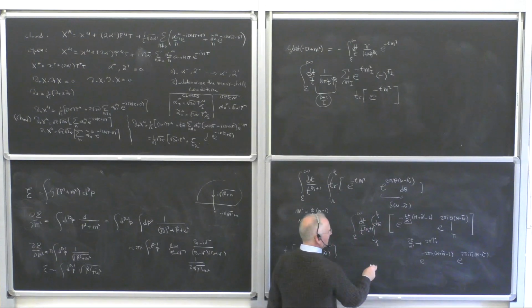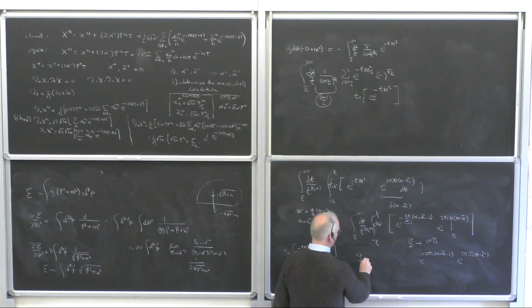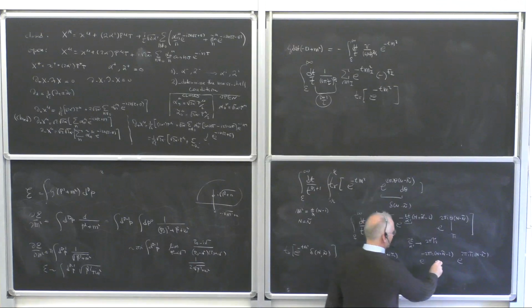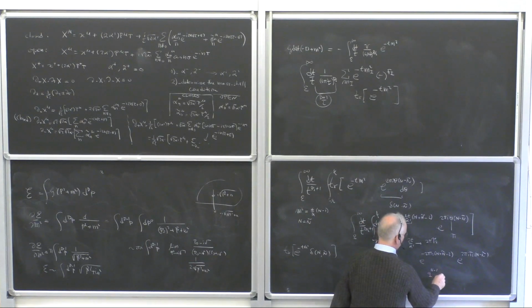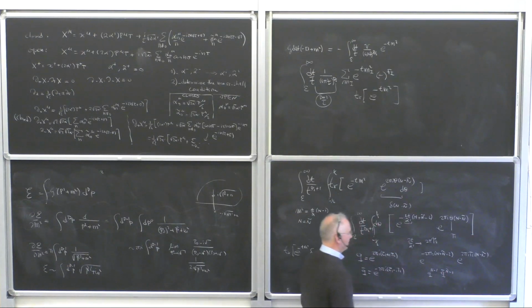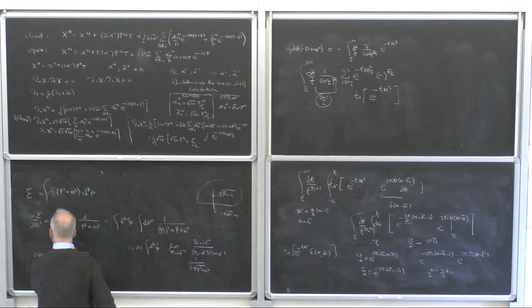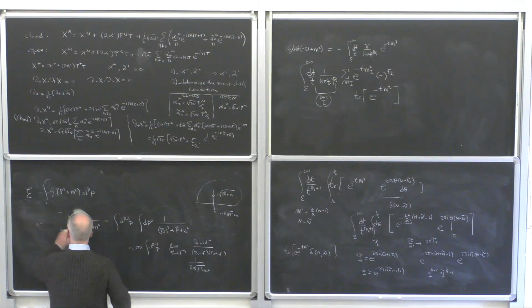Now we can do it even better. We can define q equal to e to the 2 pi i (tau 1 plus i tau 2), and then q bar equal to e to the minus 2 pi i (tau 1 minus i tau 2). And then you see that this expression can be written as q to the n minus 1, q bar to the n tilde minus 1. So in other words, what I'm computing there